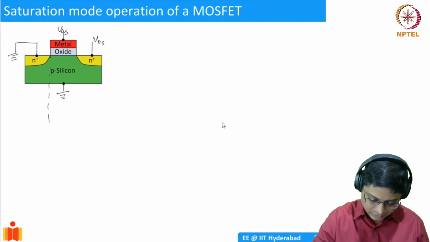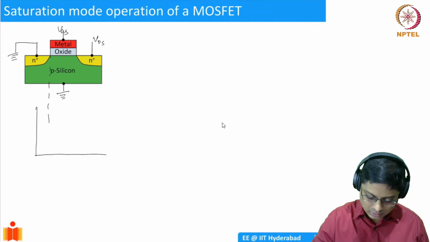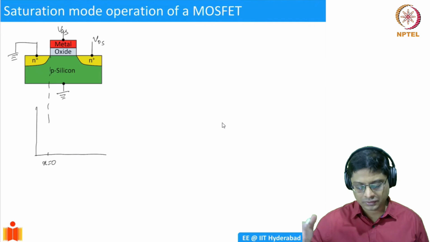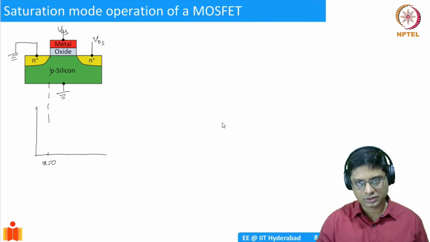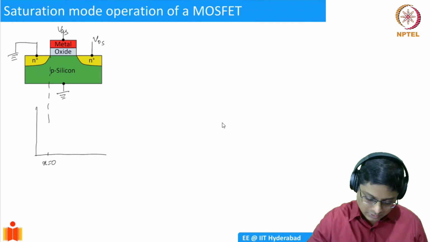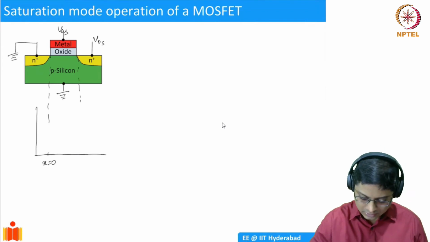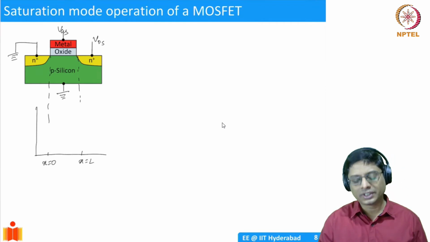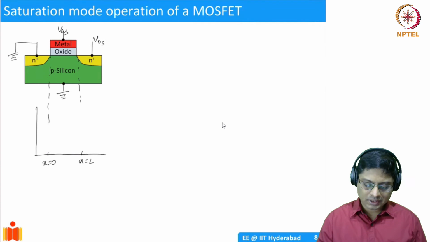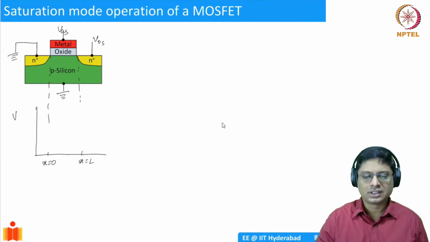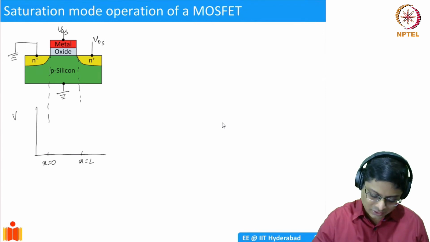Okay, so let's try to see if I can call this x equal to 0, right? That is the edge of the source region, the junction between the source and the channel. That I'll call x equal to 0. The other one I'll call x equal to L. The question is, what is the voltage across the channel, basically, right? So I'll call this V of x, since the textbook uses X, so let's call it V of X.